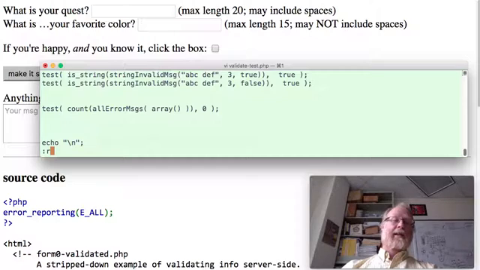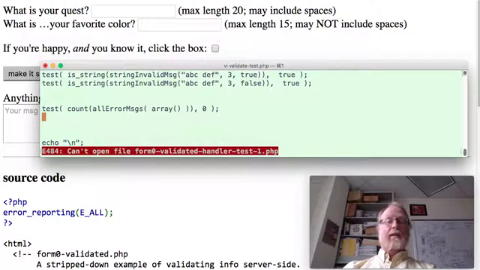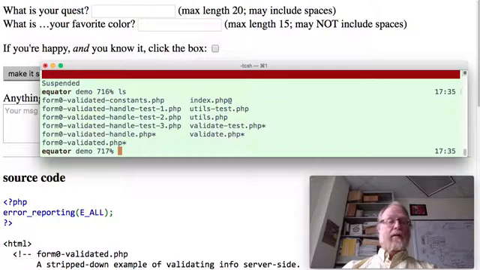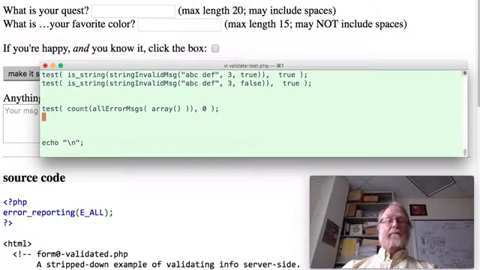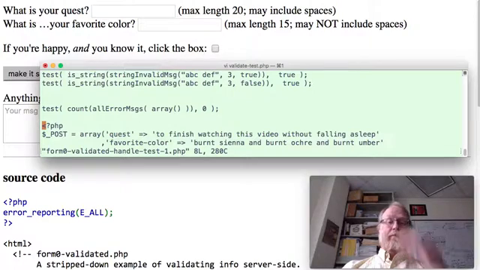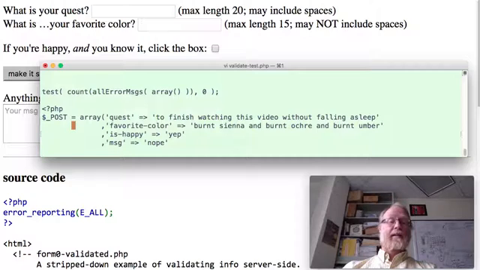I'm going to go grab form 0 validated. That's the name of my general topic. Hyphen handler hyphen test 1.php. Was that the name? That wasn't the name. Form 0 validated, handled, oh, handle, not handled, or handler. Okay. Great. So I'm going to just take this so I can cannibalize